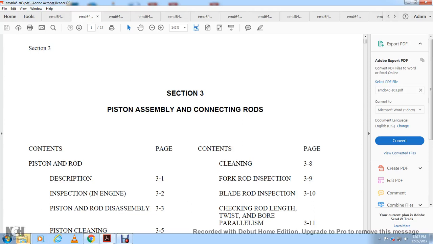Alright, continuing the electric motor division engine, 644 cubic engine, section 3, piston assembly, connecting rod. Contents of piston and rod, with the description, inspection, engine